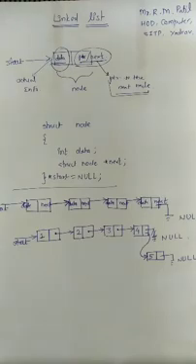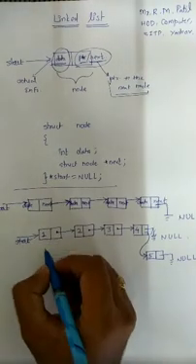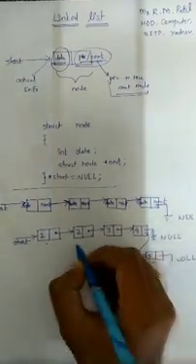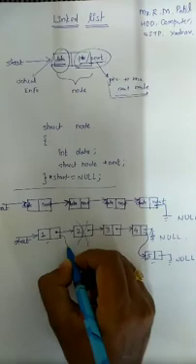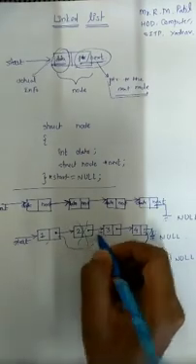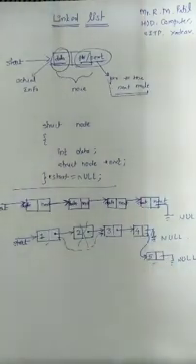The next advantage: insertion and deletion are easier and efficient. A linked list provides flexibility in inserting a data item at a specified position and deleting a data item from a given position. It means that if you want to delete a node from the linked list, from the beginning, from the end, or any middle element, we can directly delete it from the linked list. So it is going to be very easy. And the last thing is that it is easy for complex applications. Many complex applications can be easily carried out with the linked list.